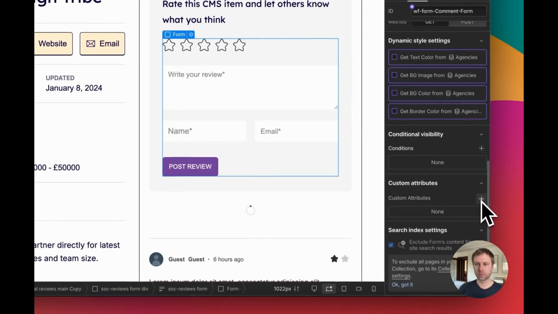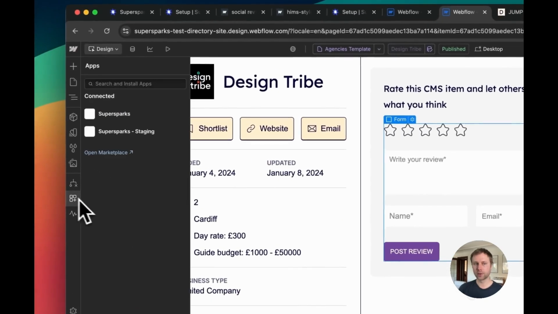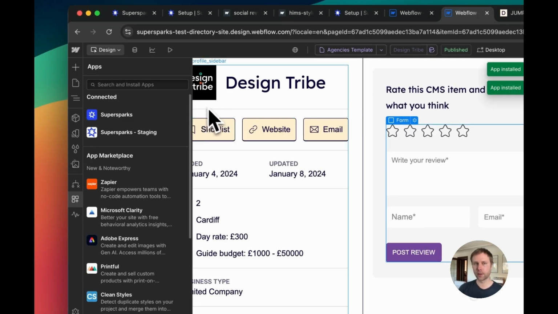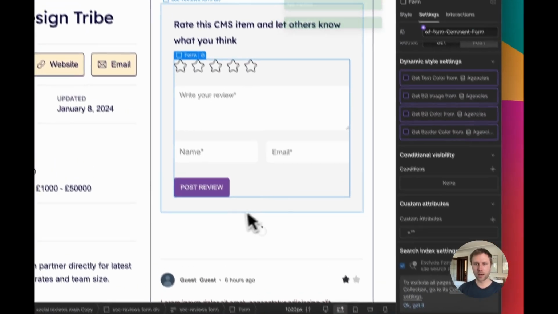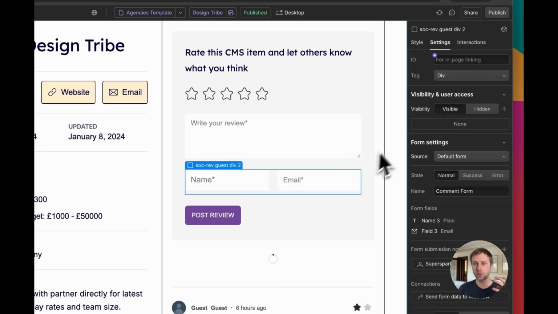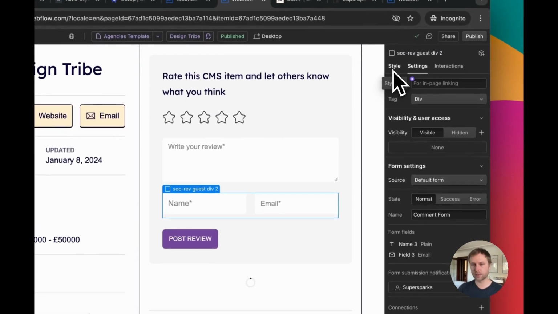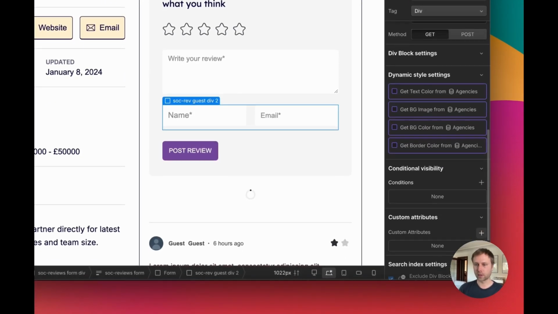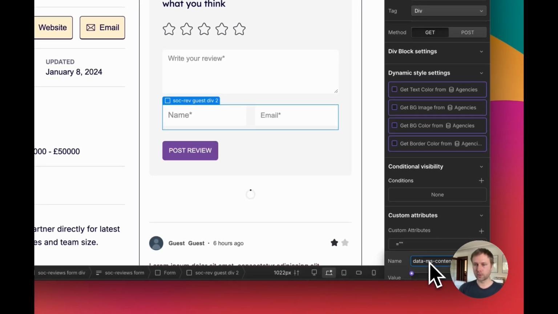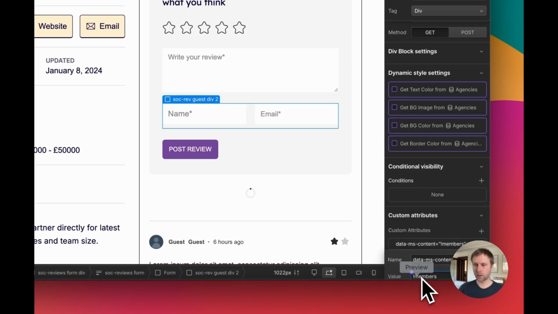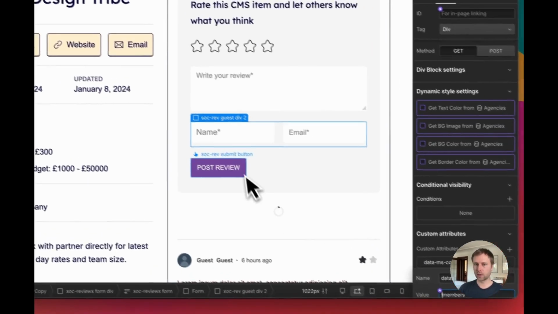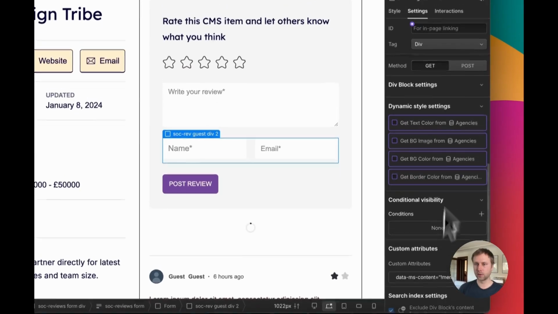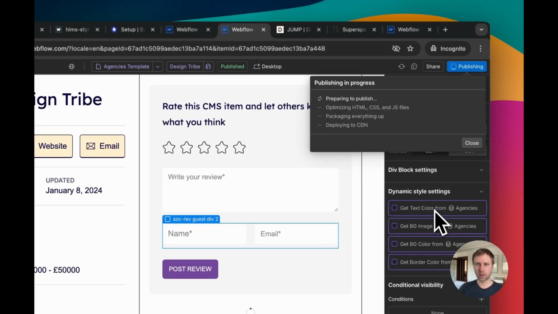However, the attributes are just slightly different, but you can also use the different apps for Memberstack and Outseta to configure this. So first off, I'm just going to show you the hybrid setup where both guests and members are able to post content. So first off, you would add an attribute here called data-ms-content, and then adding an exclamation mark members would make it so this element is only visible to logged out visitors. So now if I publish